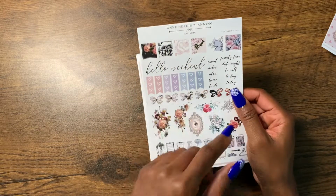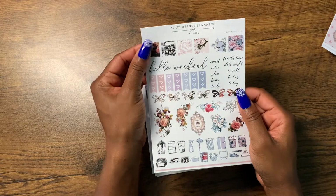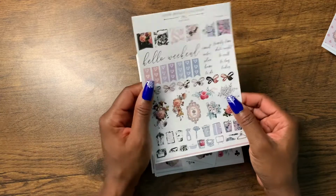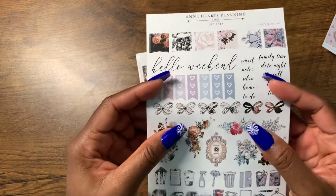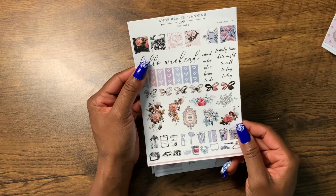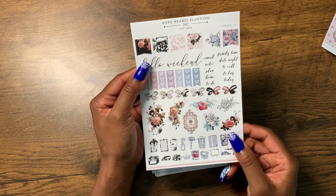The last page, we've got the Hello Weekend. So we've got some scripts here, email notes, some checklists, a lot of page flags, but more like these shorter, kind of thicker flags. I really like these bows. These are interesting and different, if you all can see very closely. I'm not exactly sure how I would use these. Maybe it's just deco. Honestly, probably just deco, but I feel like I could turn them into something cool,